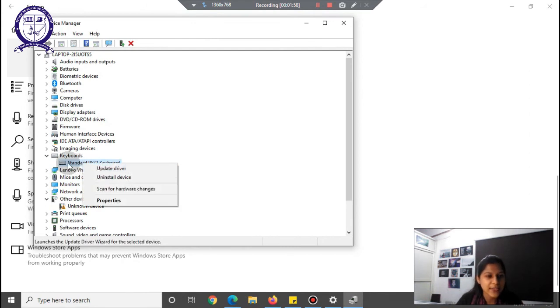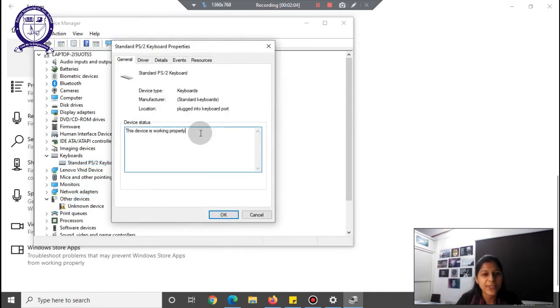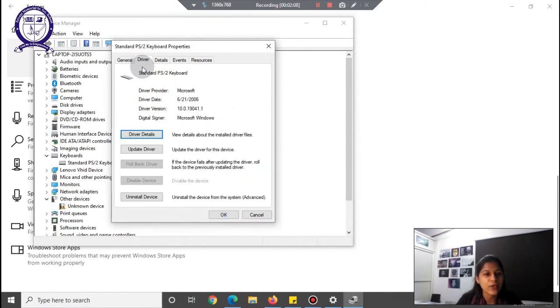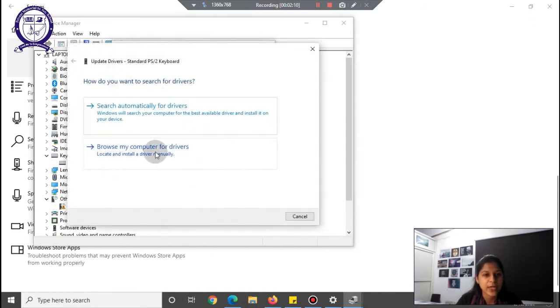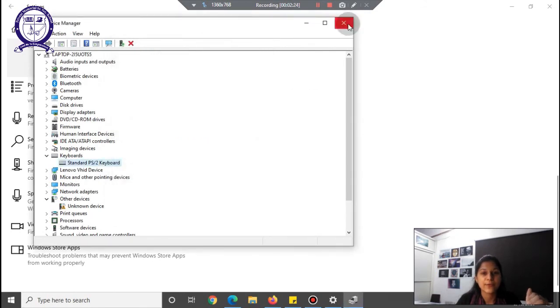I'll just right click, update driver, properties, like that. So the device is working properly. That's the status of the device. But I can go to the driver and I can update it. It will ask me to search automatically for the driver online, or I can manually provide the driver. That's how I will update my drivers.